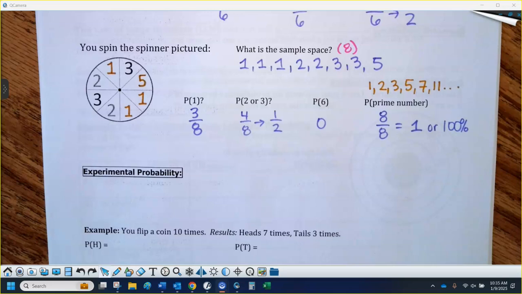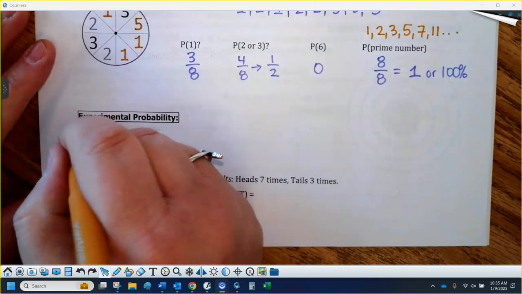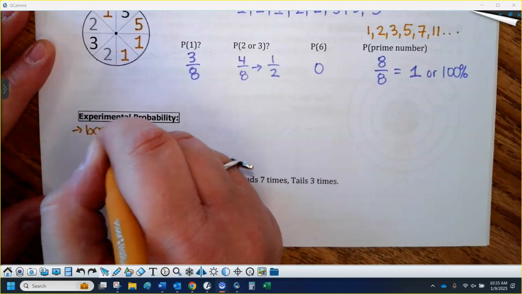So theoretical probability is just what you think should happen in theory. You're not actually performing any experiments or anything like that. So then the difference here, we're going to talk about experimental probability next. This is to involve some kind of experiment or some kind of data collection. So I'm going to just write down here. This is based on